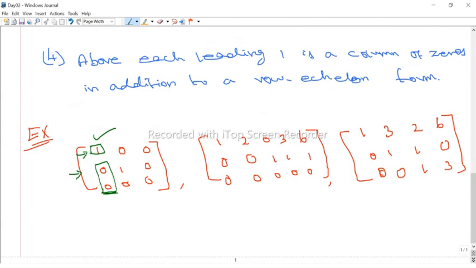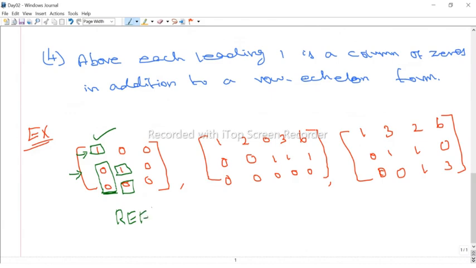Okay, now we scan the second row, we get the first non-zero entry here, and it should be 1. Okay, that is satisfied. And below the leading entries are 0, so the second condition is satisfied. And we need not scan the third row, because it's already 0. Therefore, this is row echelon form,